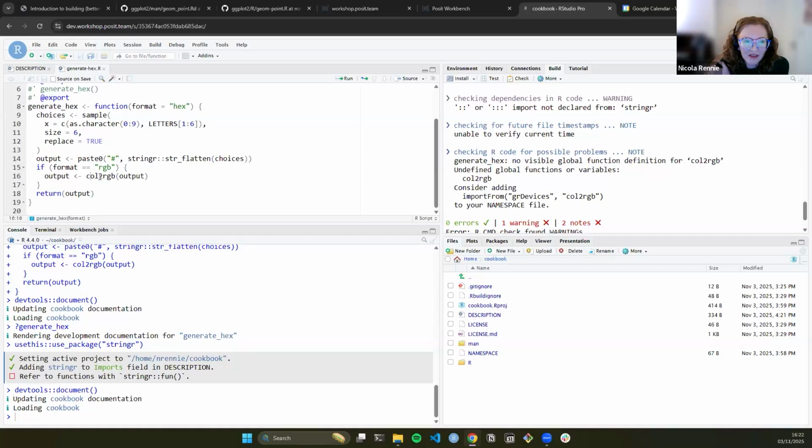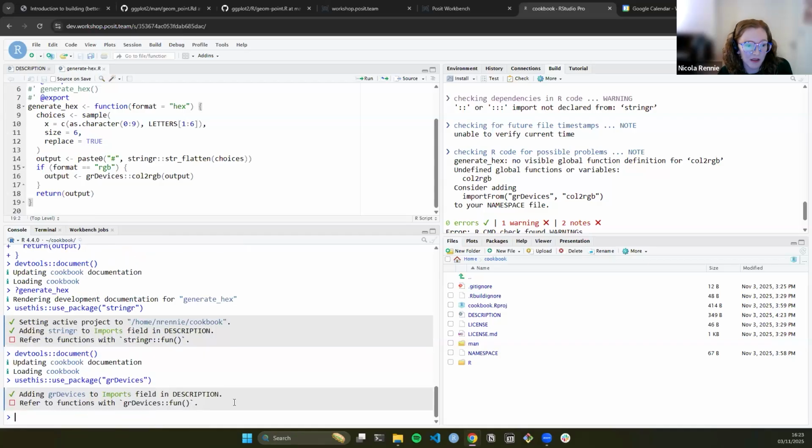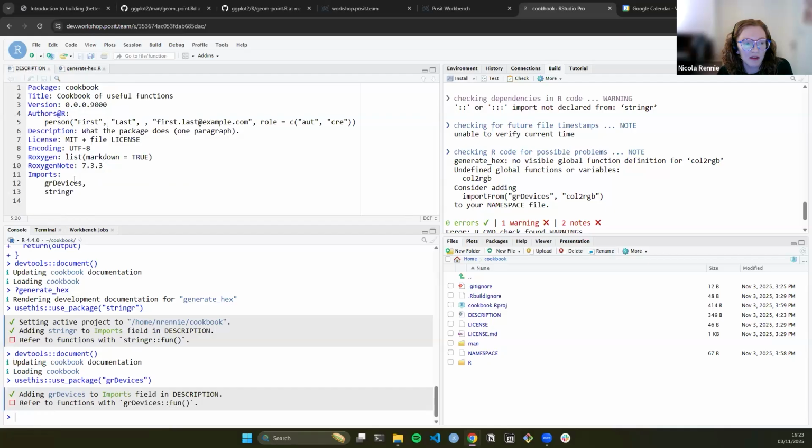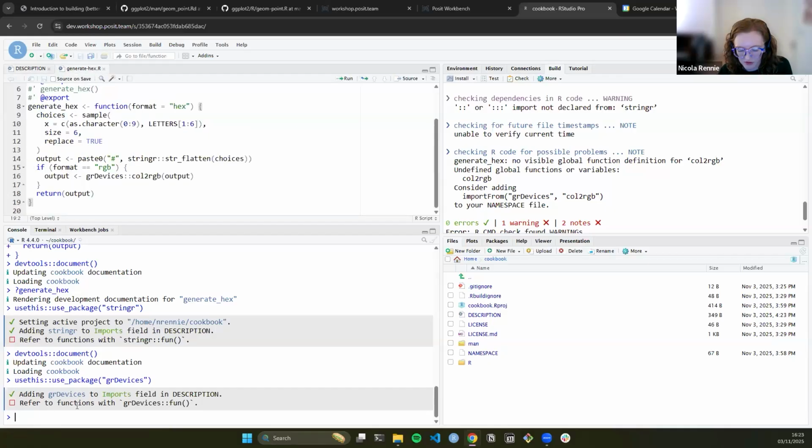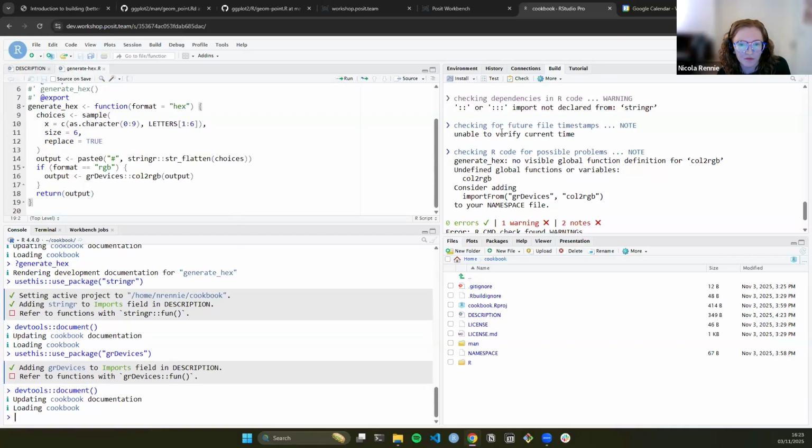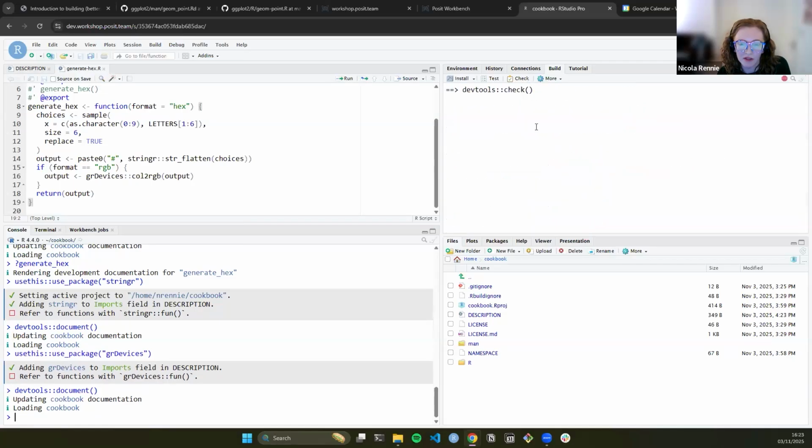So what you can do is you can follow this advice, or you can use namespacing within your function. If I do grDevices, that's basically saying, use this call to RGB function from grDevices. And if I do use package, I can do that again, and it's going to add that to the imports. So if I redocument and run rcmd check again,